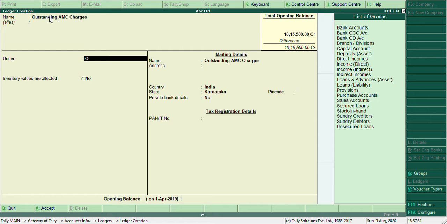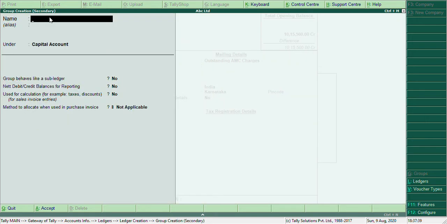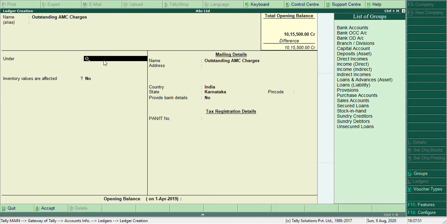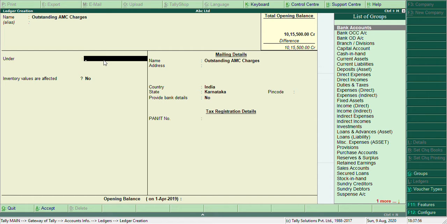You can create any ledger or group from anywhere with the shortcut key Alt plus C. When you press Alt and C in the field of under which group, if the required group is not there, you can create it. Otherwise it can be assigned to the primary group of current liabilities.